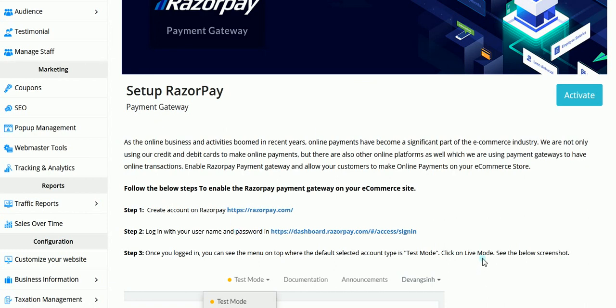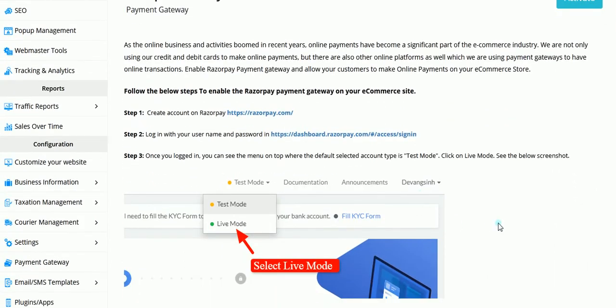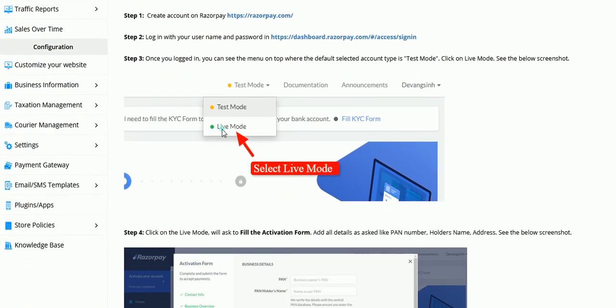Unless your account is in live mode, you cannot link it onto your website, otherwise your payments won't be settled to your account. So always check after opening the account whether it is in live mode or test mode, because once you create the account it goes into test mode, but after KYC submission and approval, your account gets into live mode.